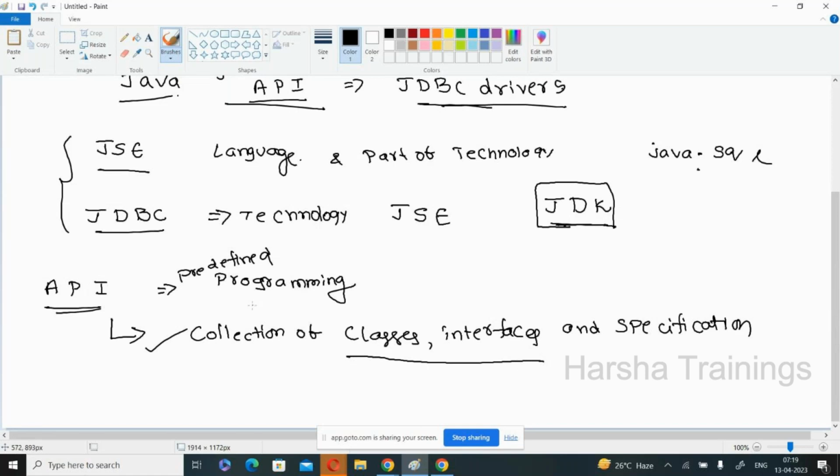What is this one? Classes and interfaces are used for designing or developing the application. Yes or no? Any predefined programming consists of classes and interfaces. Those are designed by classes and interfaces. Now, the purpose of the specification is simply that it acts as a mediator between the Java program and the